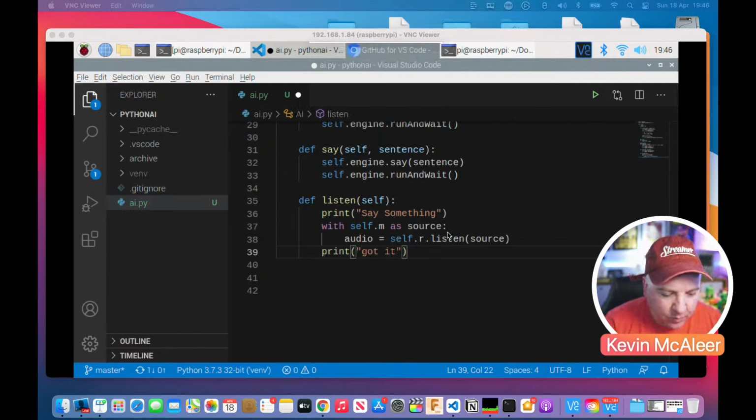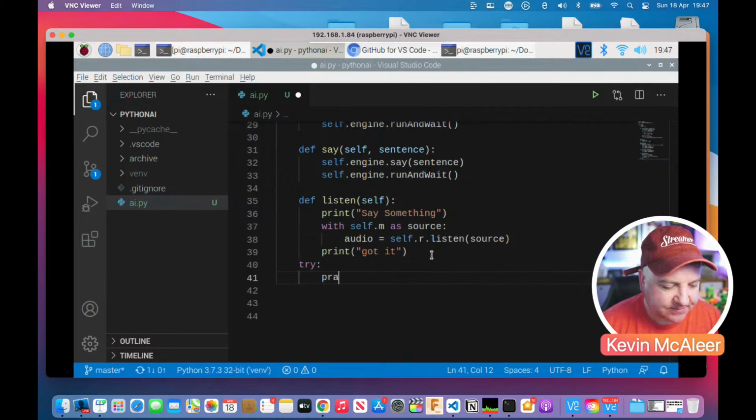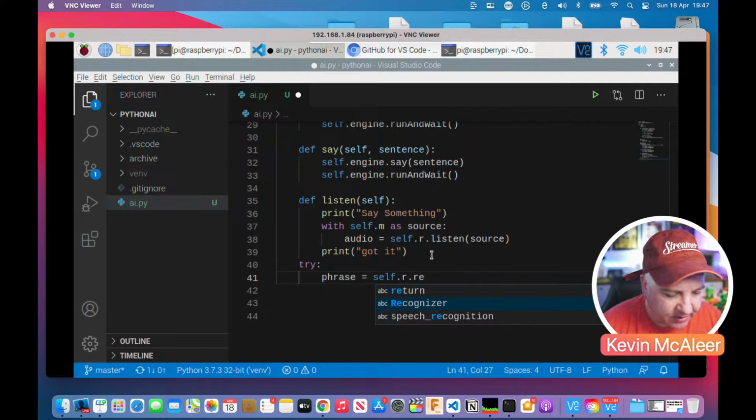Now, we need to wrap the next piece of code in a try except block, because if there's an error, and sometimes this can happen when you connect to an external web service, there might be an internet problem, their service might be down, there might be a long delay, whatever. We need to handle that error. So we're going to have a try except block. So we're going to say try phrase equals self.r, which is our recognizer, and then recognizer.recognize,